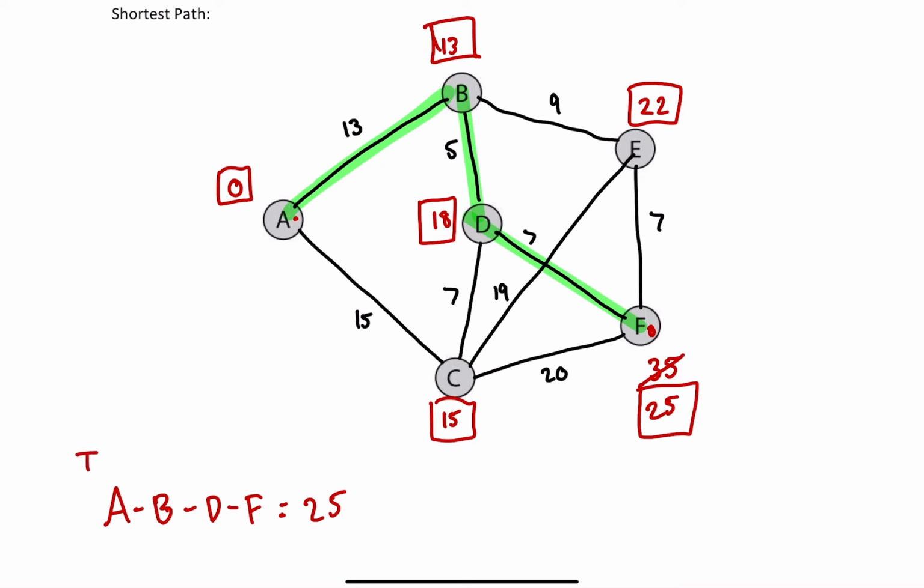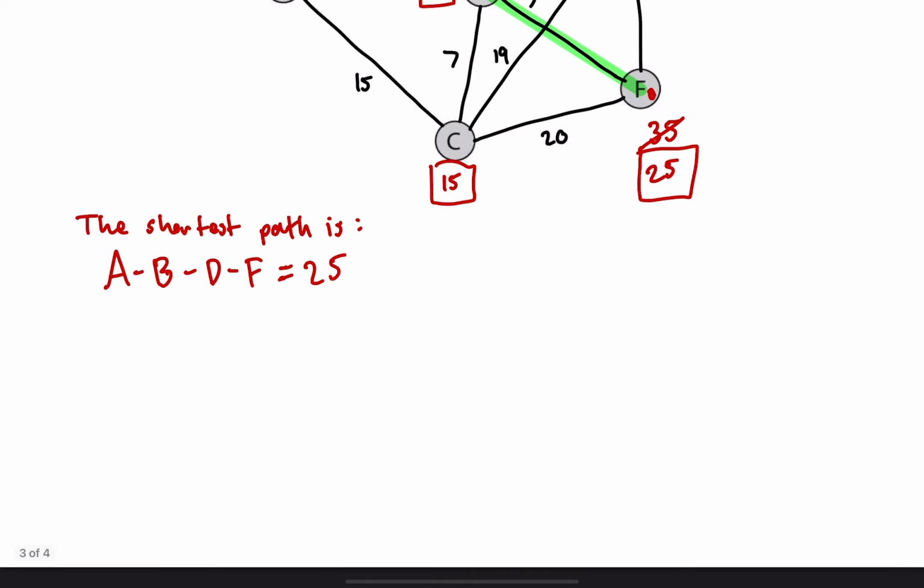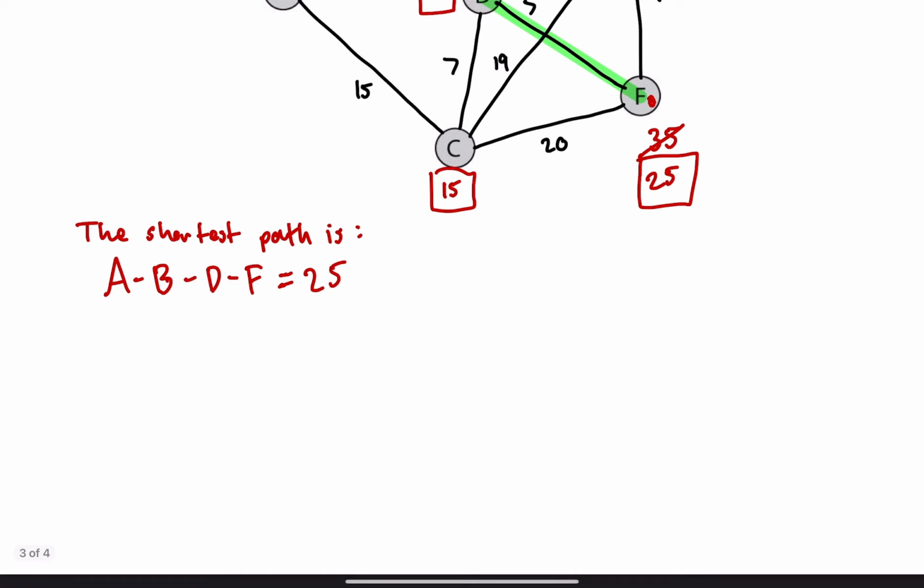So we would say the shortest path is ABDF, which is equal to 25. And then underneath, if you're wanting to go towards merit, you need to explain the method you used. So to find this,